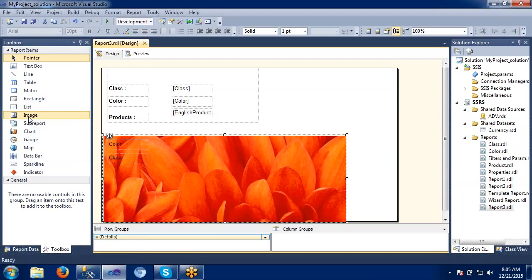So when are we going to use images here? Let's say I have one table or one report. On top of that, every time I want to display my company logo.